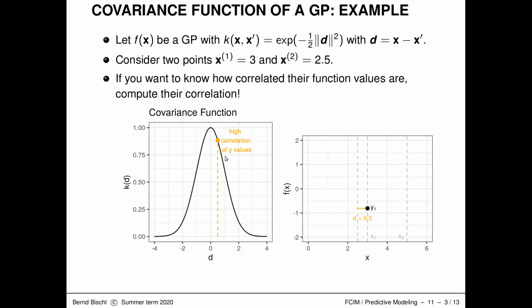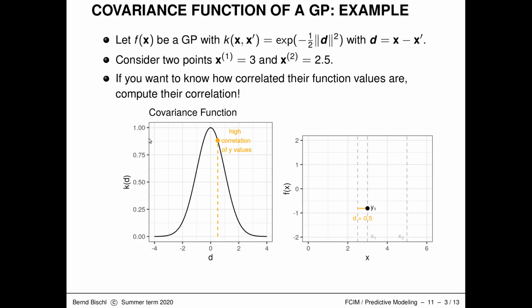So for this distance of 0.5, what I'm kind of doing here is that I'm centering everything now around x1. So x2 has a distance of 0.5. So that results in me reading off the value here. And I can immediately see for such a distance of 0.5, there is approximately a correlation of 0.8 going on